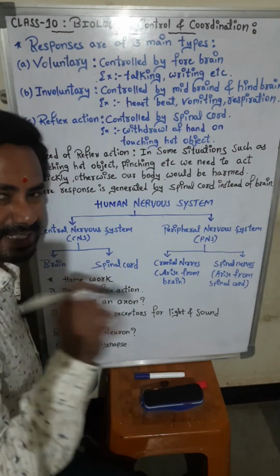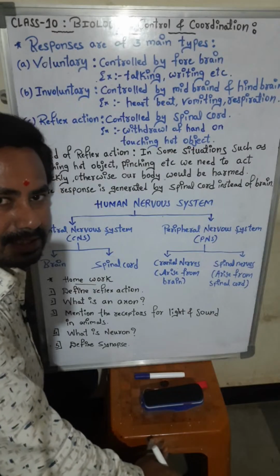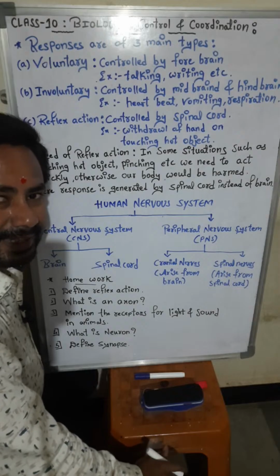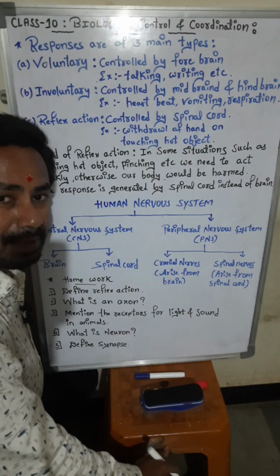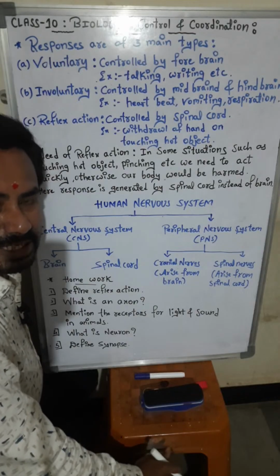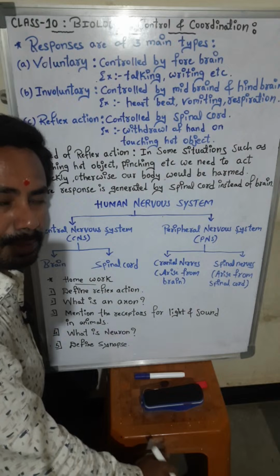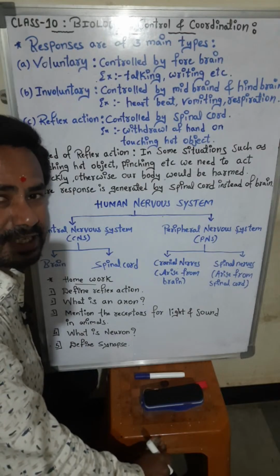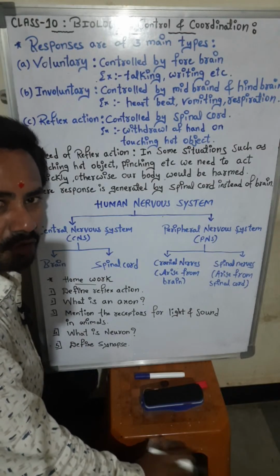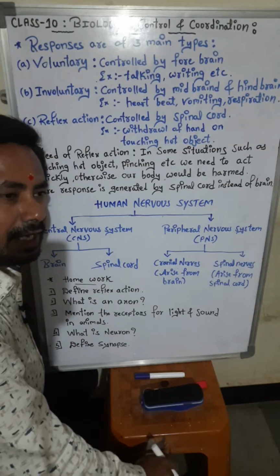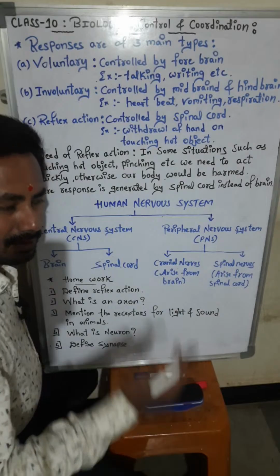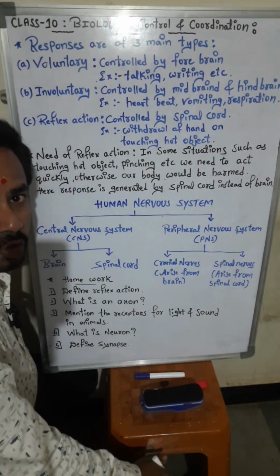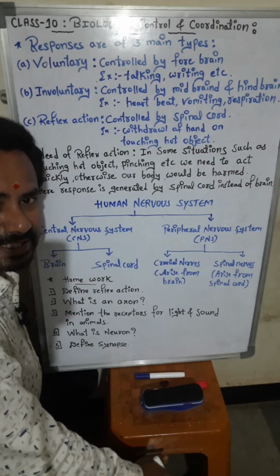In a neuron, the messages will travel inside in the form of electrical impulses. The synapse is a gap between two neurons. In that, the electrical signals are converted into chemical signals, and again the message will enter into the next neuron, where the chemical signals are converted back into electrical signals. From which part of the neuron will the message enter? Dendrite. Afterwards cell body and axon, and afterwards nerve ending. Like this, the message will transfer continuously in our body in the form of electrical impulses, and in the synapse through chemical signals.